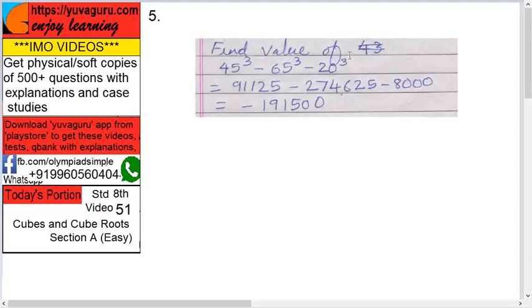Next, find the value of what? 45 cube minus 65 cube minus 20 cube. This is what we have to find. Now this,